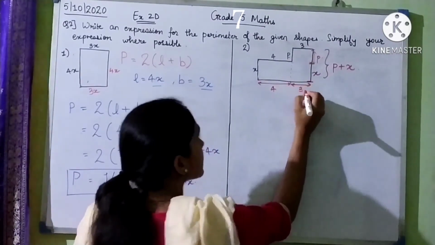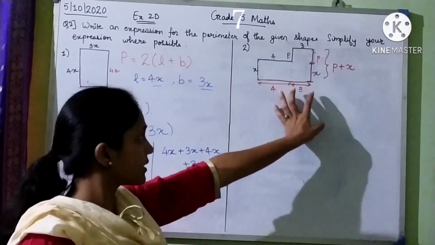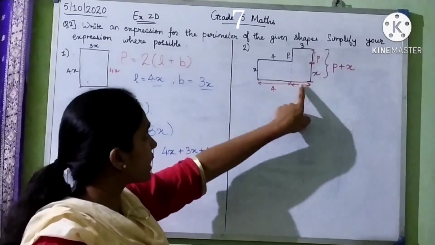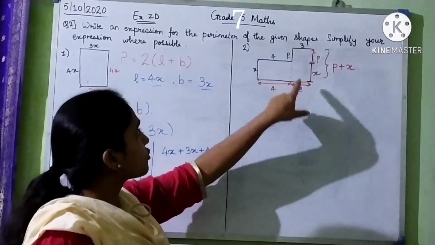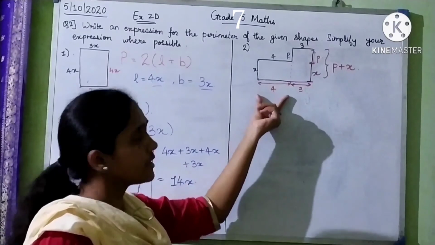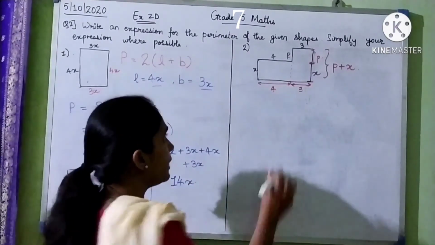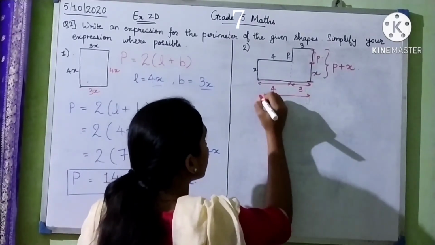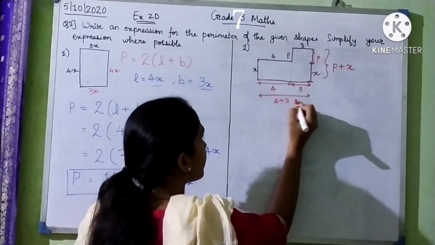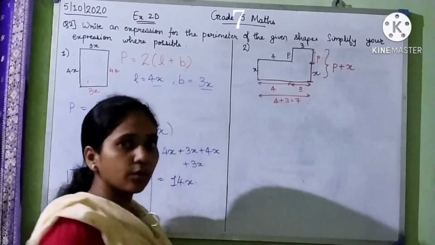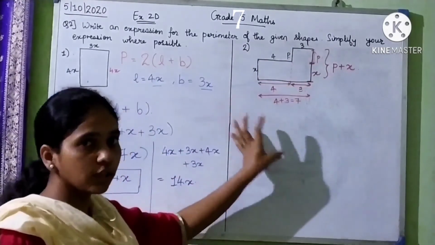In these cases, you just have to imagine a little bit. This is a rectangle and this is the other rectangle. So this side is opposite to this side, so they both are going to be equal. So we get this as 4 and this much as 3. So in total how much would it be? From here to here, the total length is going to be 4 plus 3, which is equal to 7. So now we have got the length of all the sides of this figure.